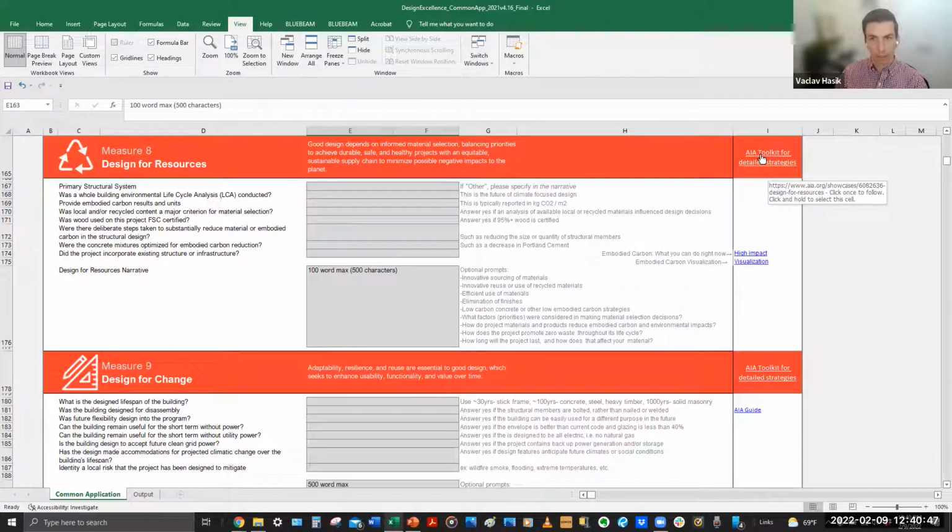If you're modeling in Revit, Tally is probably the best tool. If you are just using rough material quantity takeoffs, you can use the Athena impact estimator or the EC3 tool. Both of those tools are free to use.